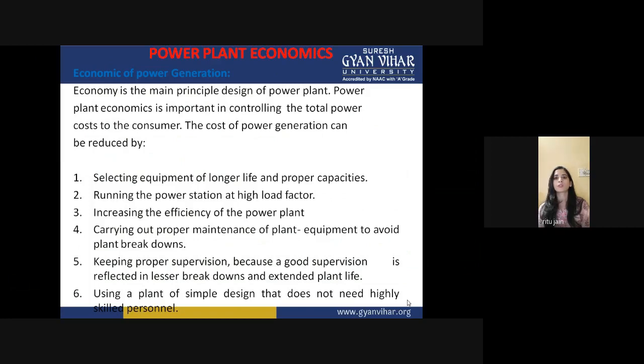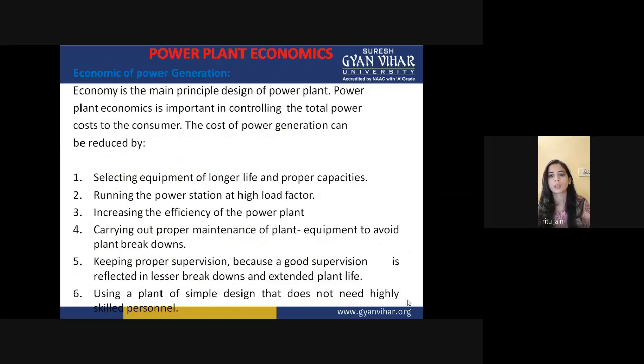So, economics of power generation is basically the main point of any power plant. Economy is the main principle of power plant design, and power plant economics is very important in controlling the total power cost. What we always want is that the things we are getting should be at very cheap or minimum cost. So to minimize the electricity cost, there are a few points which must be considered for the economics